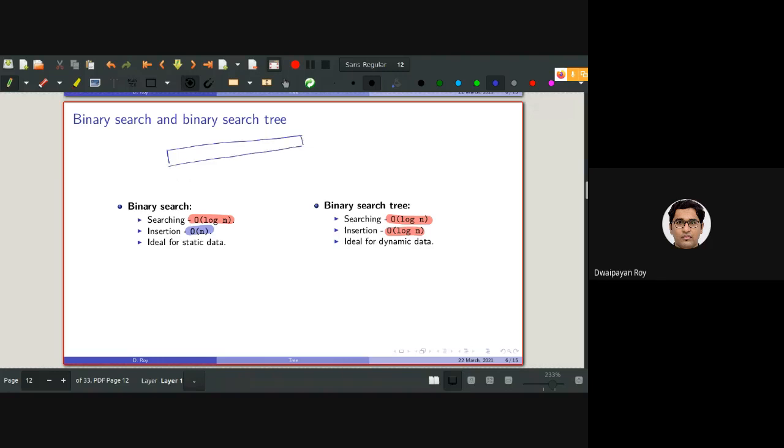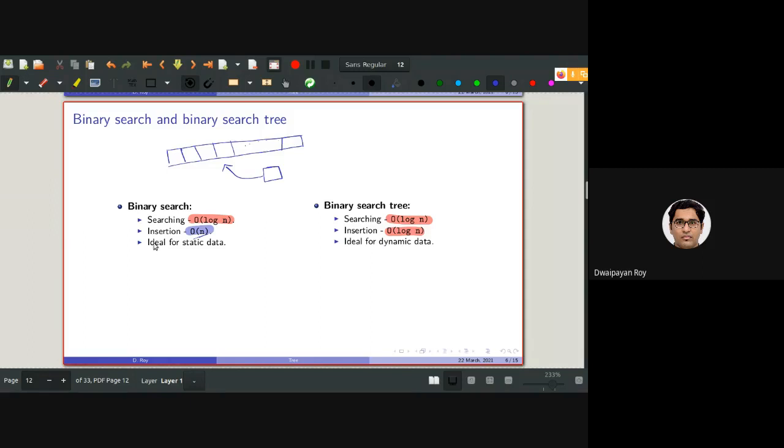So for a sorted array, if you want to add another number to the existing array, it will take order of n time. But the beauty of the binary search tree is that for insertion of new data, it will again take order of log n time.